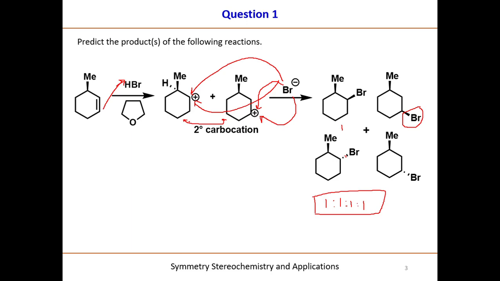Clear? Okay, now let's talk about the next question. Yeah, the next possibility is also here. See here, these are the four product possibilities with a ratio of 1:1:1:1. Now, the second possibility is here, that